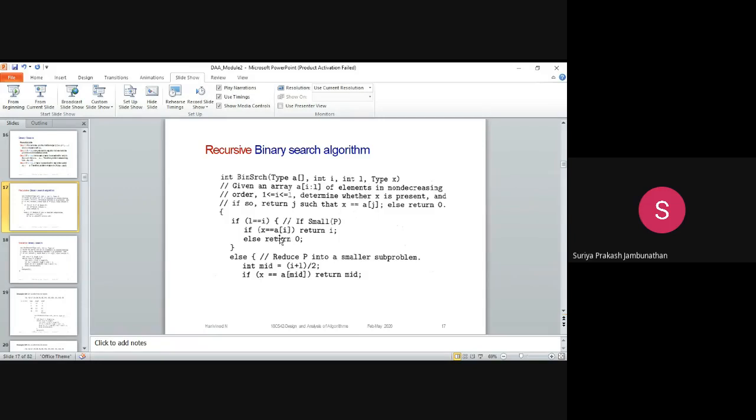If the value is found, we return the I value, otherwise we return 0. Then if it is greater than the value, we have to go for the next one. So all the 3 cases we have to check: one is the greater element, another is the lesser value, and another is if it comes under the middle value. These 3 parts you have to consider properly.